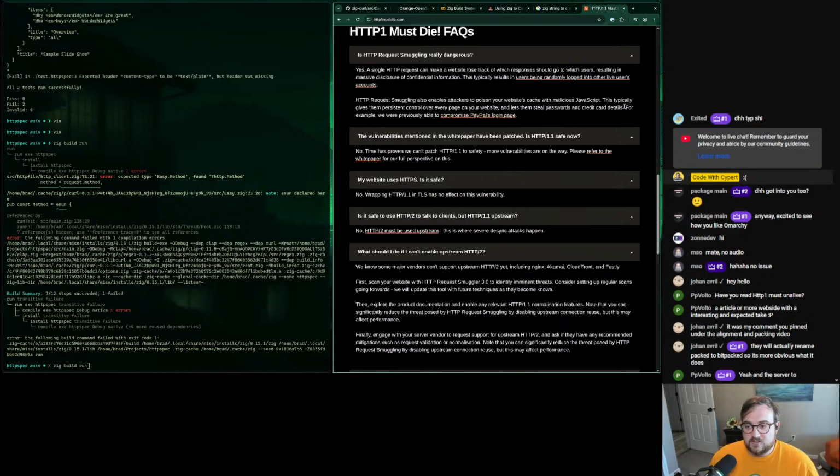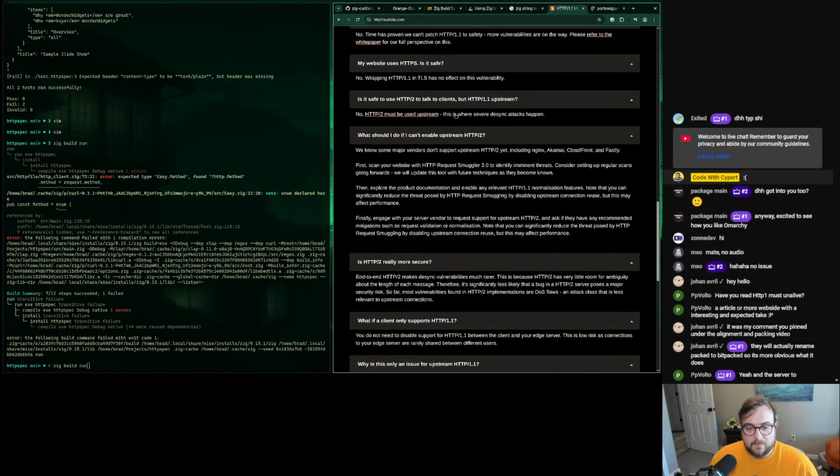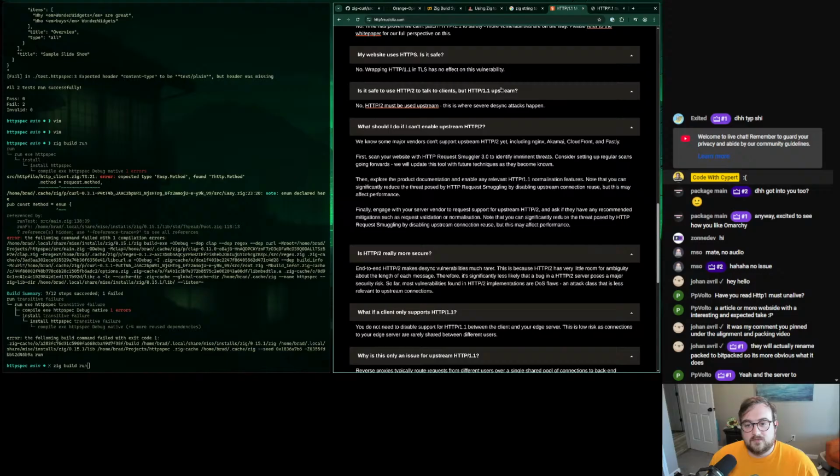This is also scary too, specifically the call out for PayPal's login page. I use PayPal quite a bit, or have at least. Maybe I shouldn't. We can't patch HTTP 1.1 to safety. Yep, more vulnerabilities are on the way. There's a link to a white paper here too. HTTP 2 must be used upstream. Perfect. Yeah,